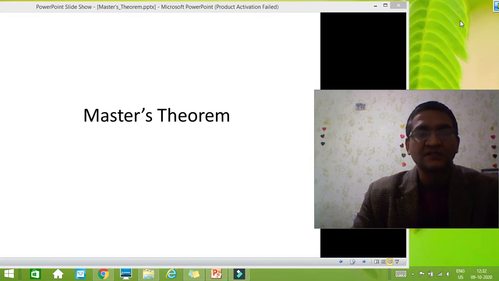Here we have the standard format in which the recurrence relation is given to us. By using these standard results, we can easily find out the running time of our given recurrence relation. Though we have some limitations that we will see, it is still very useful and very much used to find the running time of recurrence relations. So Master theorem basically provides an asymptotic analysis for recurrence relations of the type that mainly occurs in the analysis of divide and conquer algorithms.